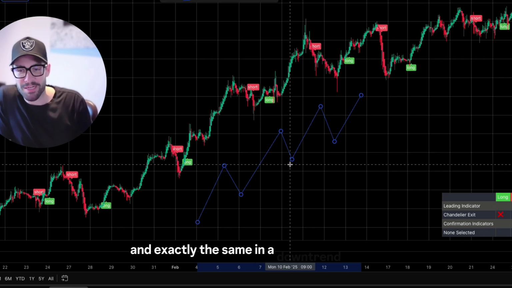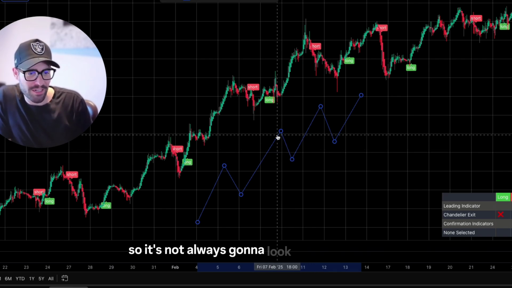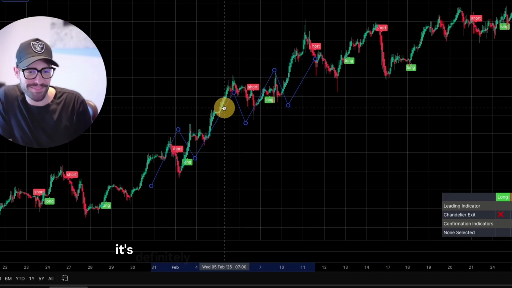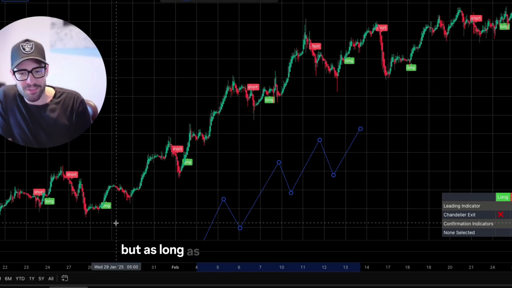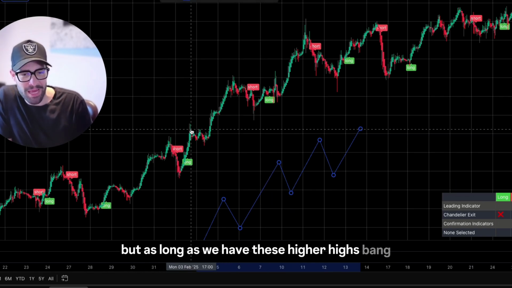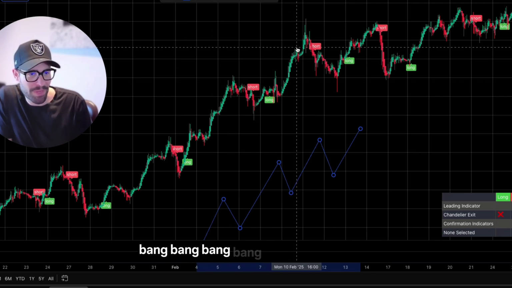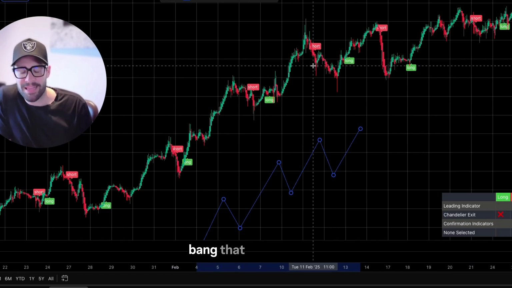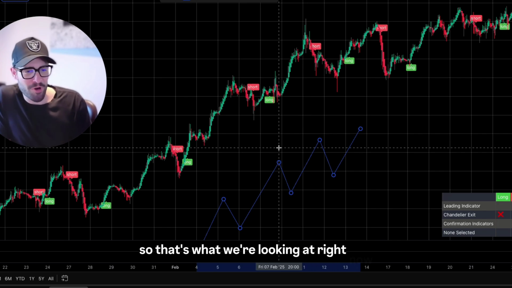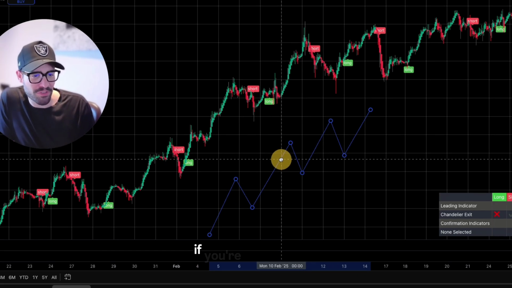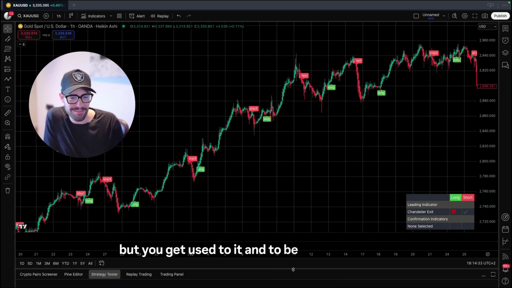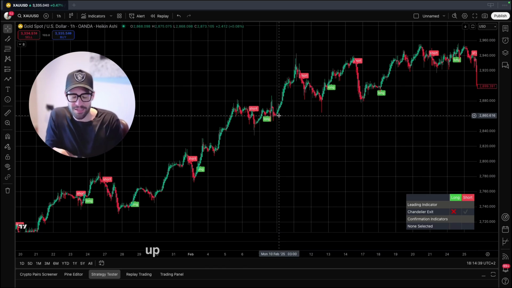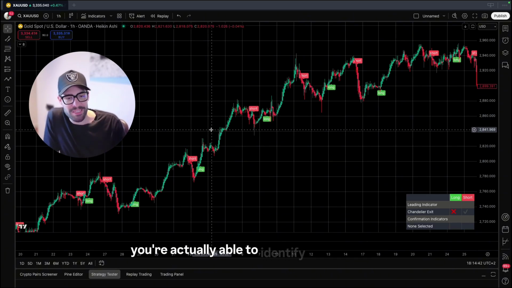And exactly the same in a downtrend as well. So it's not always going to look exactly like this. It's always going to look a little bit more crazy. You can see it's definitely not an accurate representation. But as long as we have these higher highs and higher lows, that is an uptrend. So that's what we're looking at right now. It might be a little bit more confusing if you're a new trader, but you get used to it. As long as you can see it moving in a nice upwards motion, whether it's a strong or a weak uptrend,